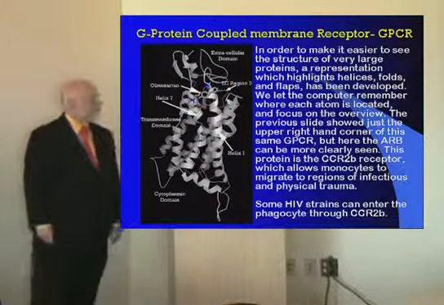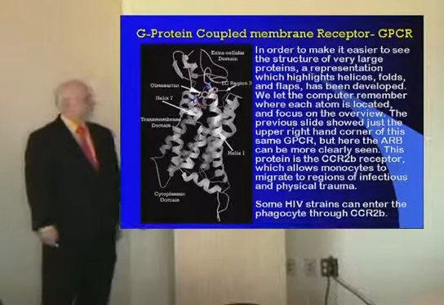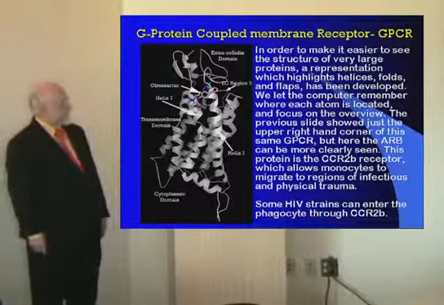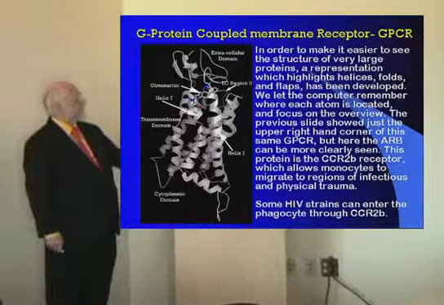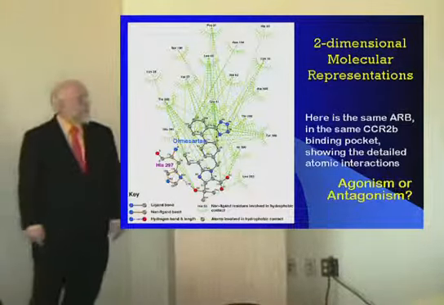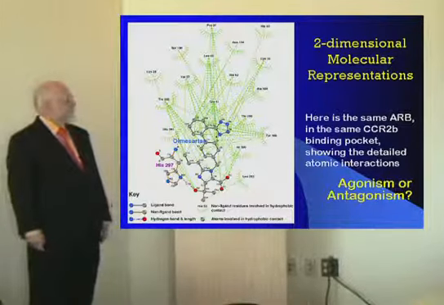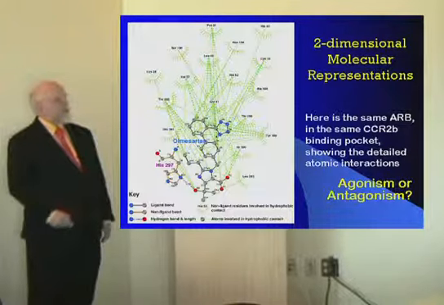This protein is the CCR2B receptor, which allows monocytes to migrate to regions of infectious and physical trauma. Also, some HIV strains enter the phagocyte through CCR2B. So it's a fairly important molecule. We can also produce two-dimensional molecular representations, which are extremely useful when we're trying to figure out whether we're looking at an agonist or an